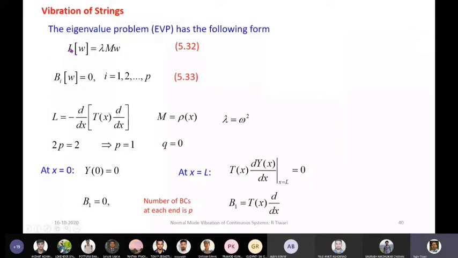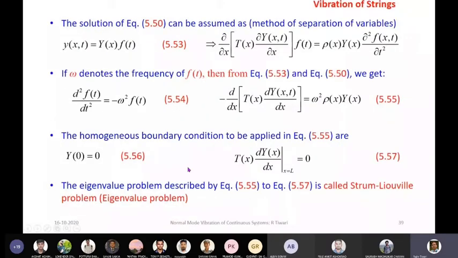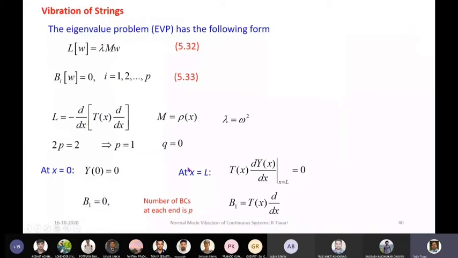So L operator W is equal to lambda M operator W. Here M is not an operator, just a function of X. And this is the associated boundary condition in which the right side is 0. There is no eigenvalue in the boundary condition. So here also you can see there is no eigenvalue in the boundary condition. So the cable vibration is following this particular general formulation,